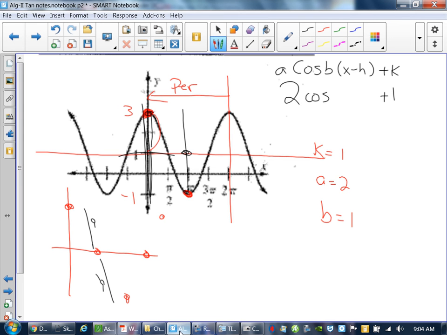The next one is the a value. Since cosine starts at a, our a was positive because it went up 2 from that 0 line, if you will. That means your a value is 2. The b value comes from the period. When we got our period, we looked at where the 2 peaks are. Our 2 peaks happen to end at 2 pi, so our b value was 1. There is no h value because it wasn't moved left or right. So there you have it: 2 cosine x plus 1. And that's your graph. You're just piecing it together from a graph, okay?